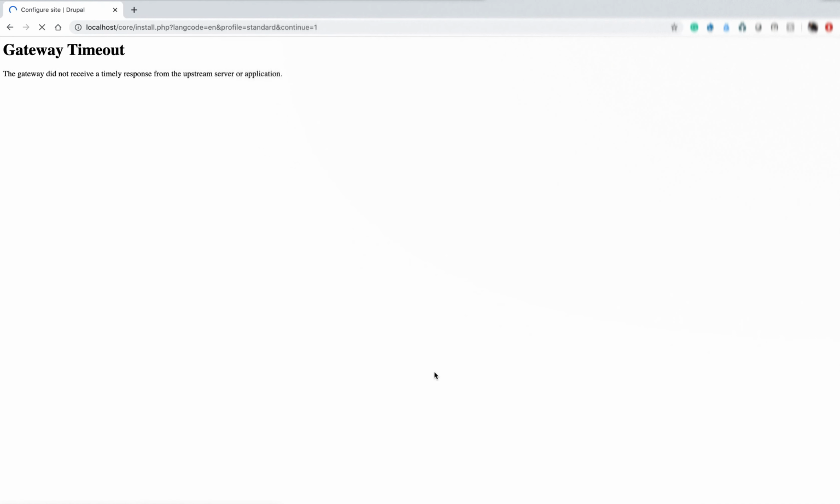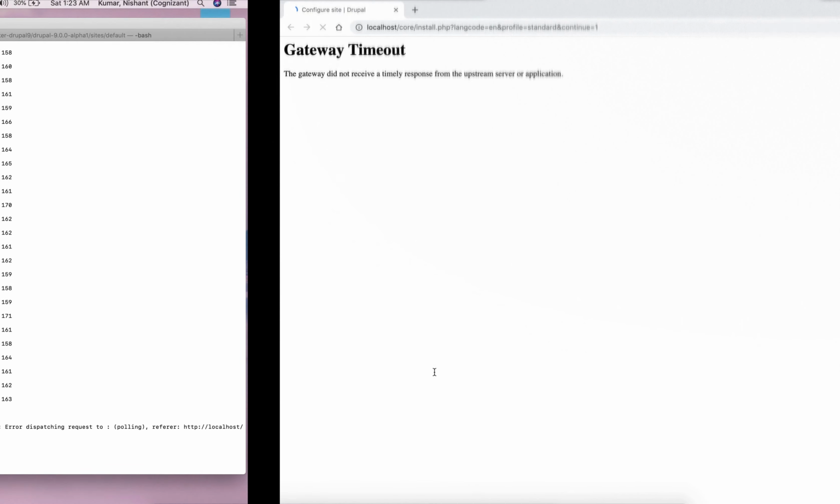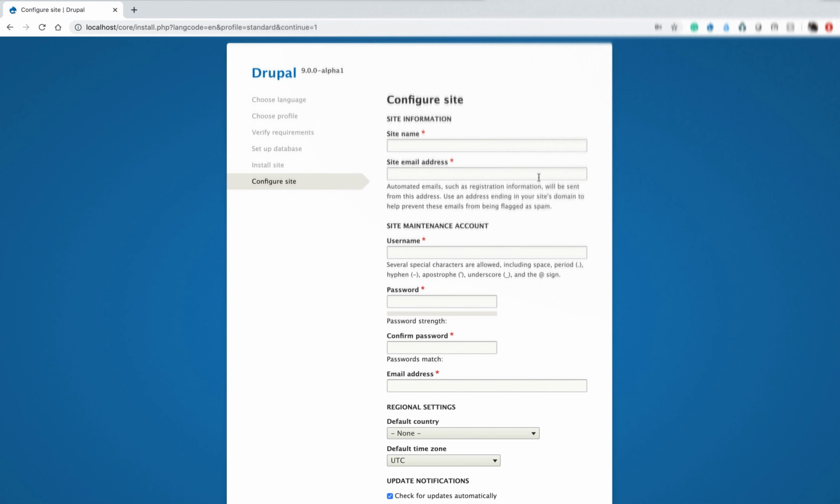This is because I have given the PHP background process only 128 MB. I'll configure that also for my site. It's just for demo purposes that I have done it. I'll just configure this, Drupal 9 ready.